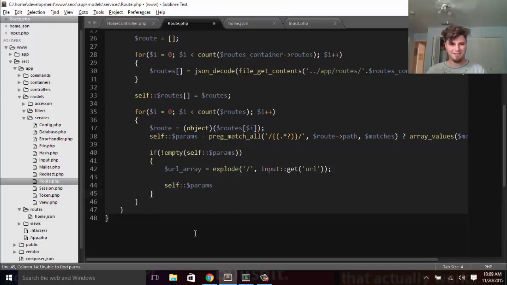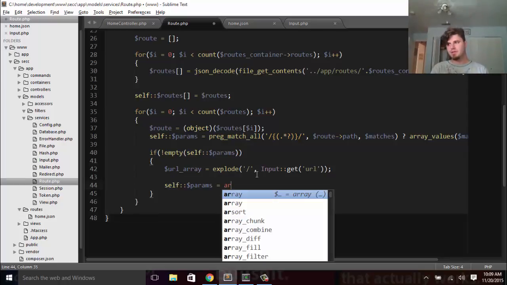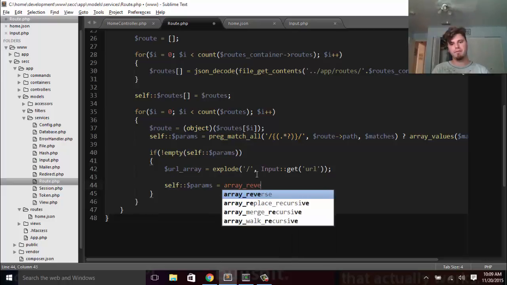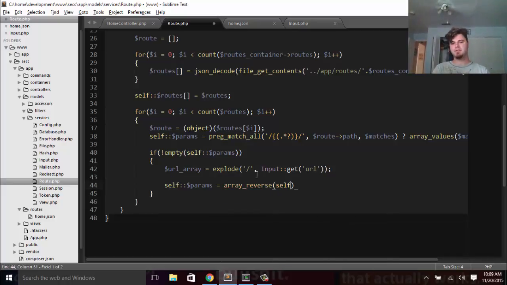Okay, that was a little bit ridiculous, but all right. So we'll set the URL or the actual parameters array to be the reverse of itself. So we'll again array reverse self params. And like I said, this is just a good way to work with a string dynamically because we have no idea how long it's going to be. So in order to make sure that we execute the logic on every single piece of it,